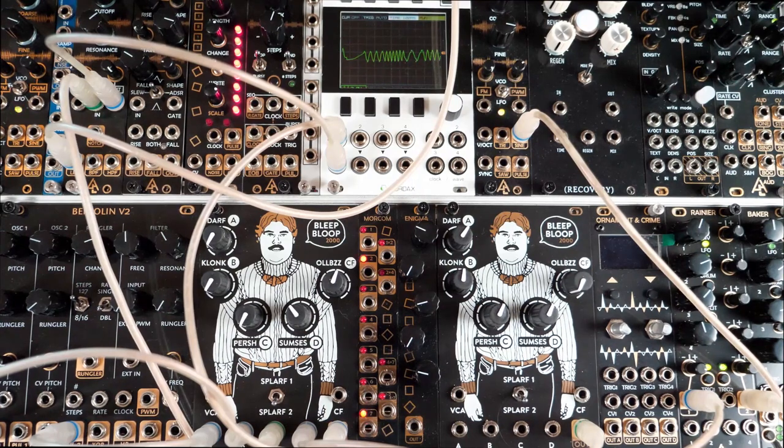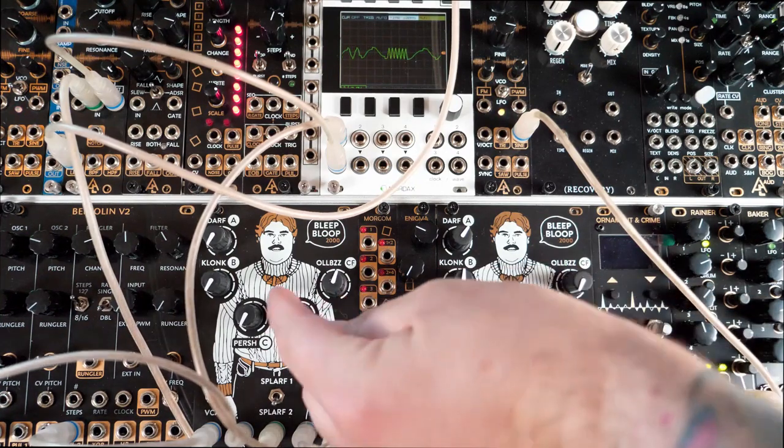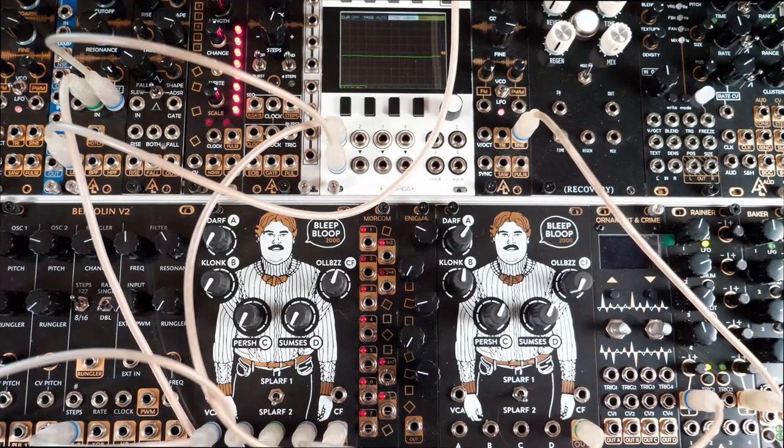So the reason I say it's like a dynamic or unstable matrix mixer is because all of these oscillators are going to be oscillating at all times. It's just when you turn them all down, there's not a whole lot going on. So that actually could be really useful for some ambient patches, because you've got the cycling of these oscillators, but as they get a little bit higher, you can start to hear the influence of the external modulation going into their independent